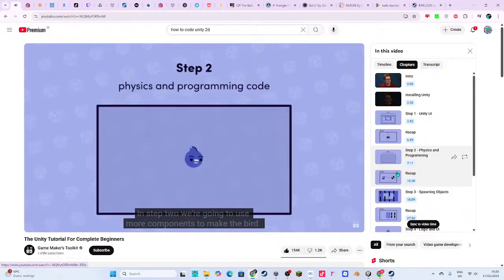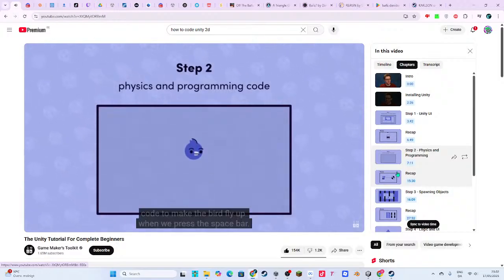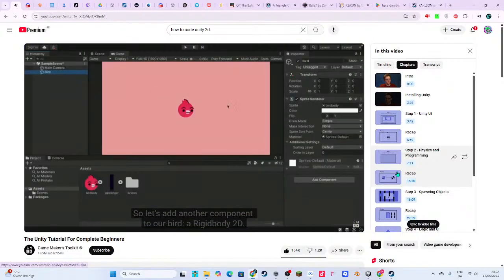In step 2, we're going to use more components to make the bird into a physics object that is affected by gravity. And then we're going to write some programming code to make the bird fly up when we press the spacebar. So let's add another component to